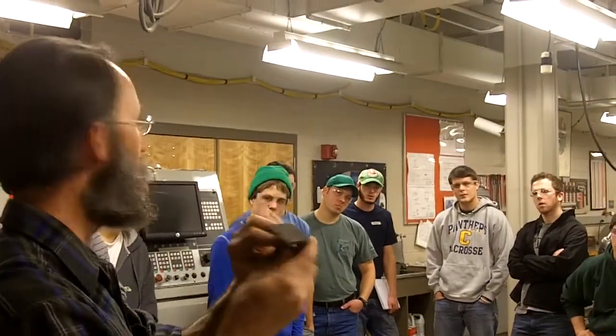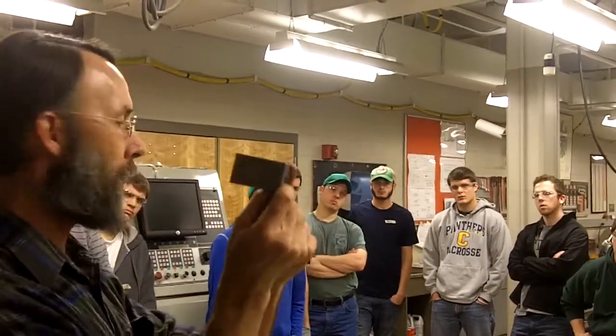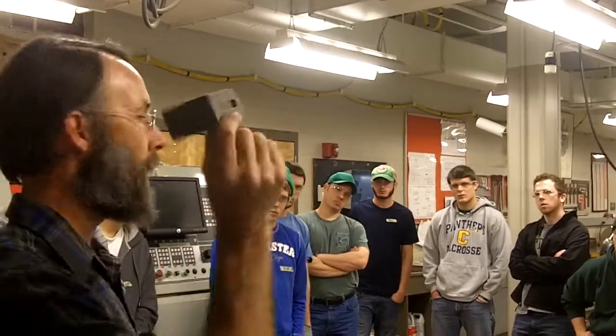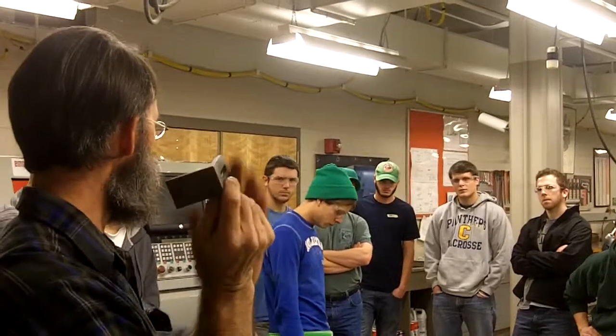Our final surface here is going to be surface ground. We've got a surface grinder over there by the welding area. That's going to be a precision ground finish that we leave and see when we're done. Okay? You get to grind these corners, check with me, I'll show it to you on the bench grinder, and then sand. Okay? All right. From here, let's head over to the